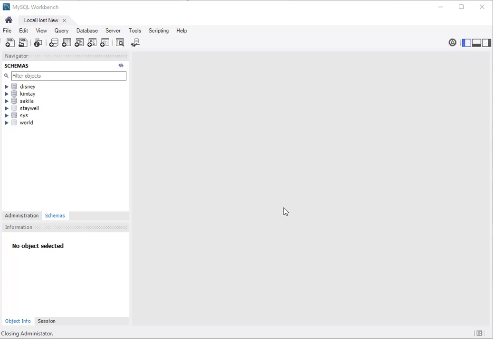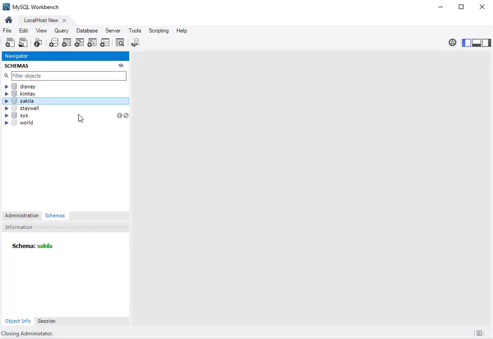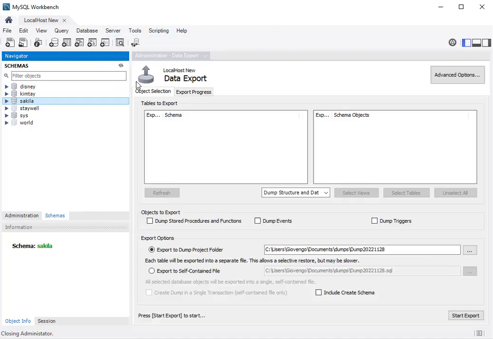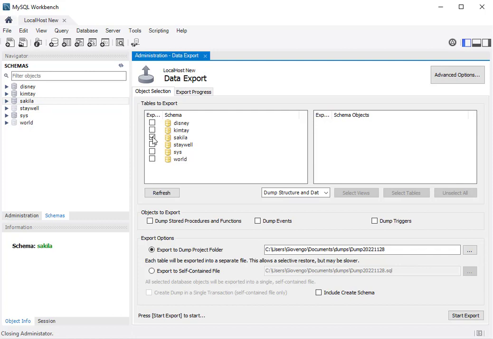The process you're going to use to turn these databases in is relatively straightforward, but it is always a little bit tricky. So I'm going to use the Sakila database that they already have loaded up here in the schema section. Basically all I have to do is go to server and then data export. And when you go to export, I'm going to pick that particular